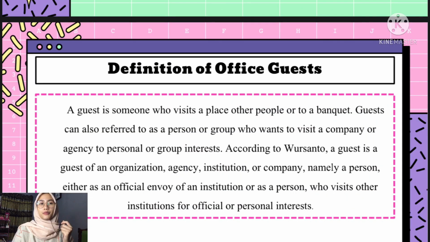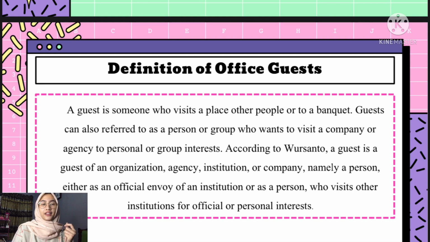Definition of office guest. A guest is someone who visits a place, other people, or a banquet. A guest can also refer to a person or group who wants to visit a company or agency for personal or group interest. According to Versanto, a guest is a guest of an organization, agency, institution, or company, namely a